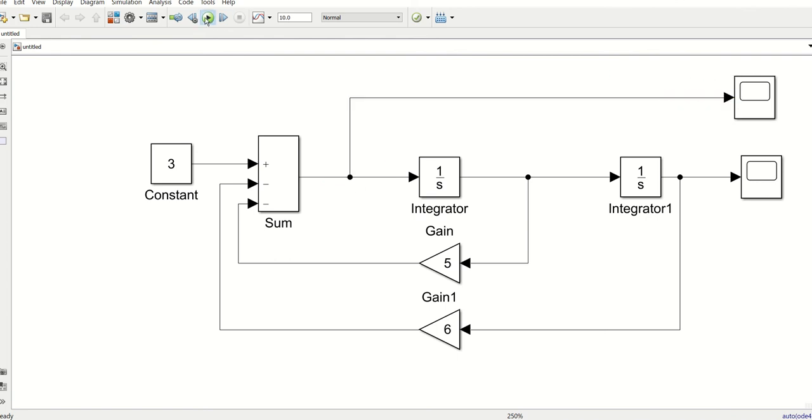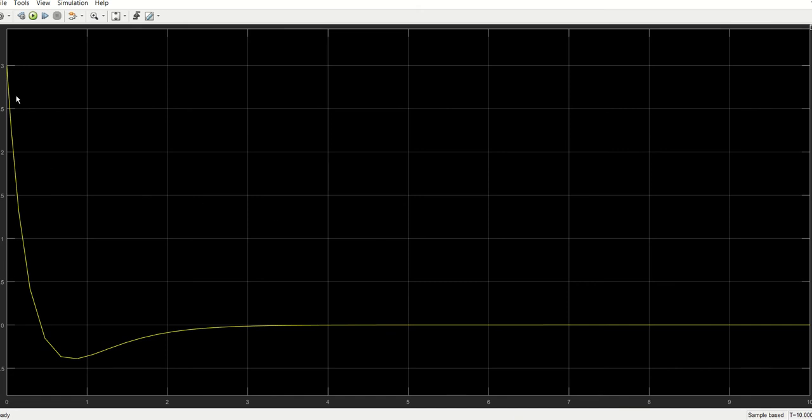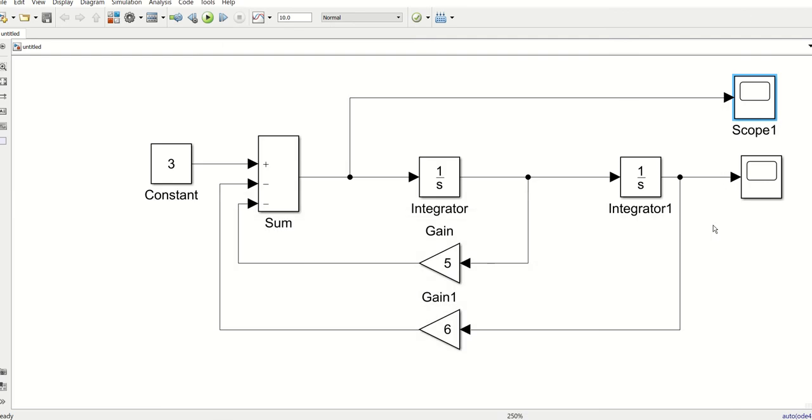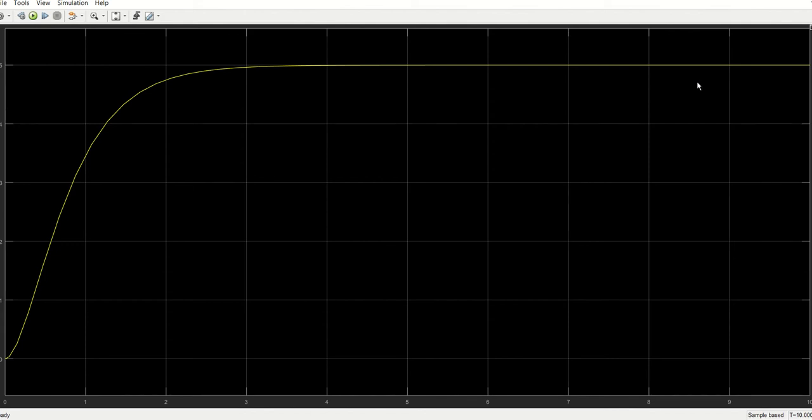All right, let's run it. See, this was the summation of the signals and the other one was the output of the signal.